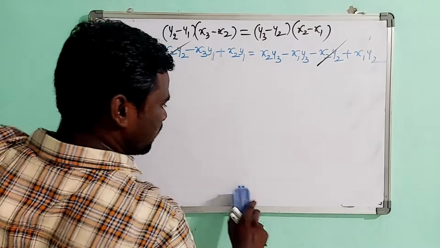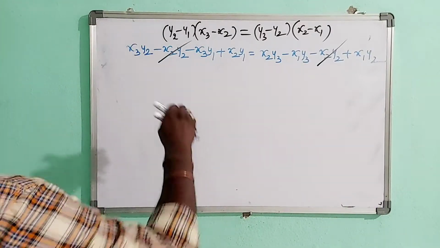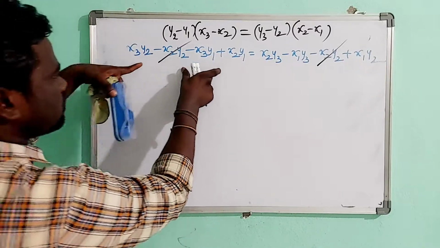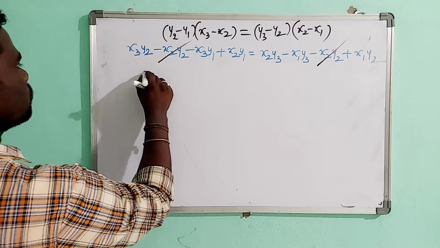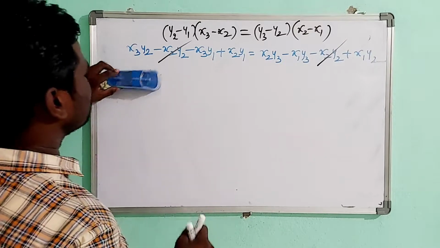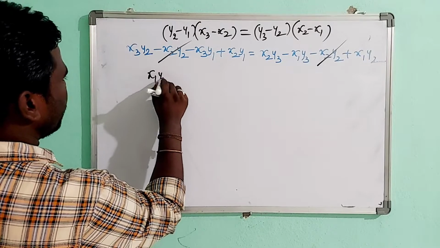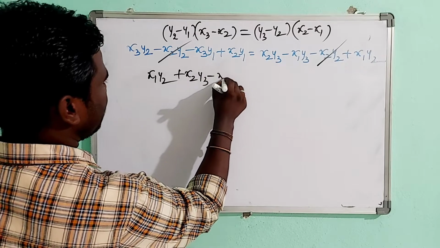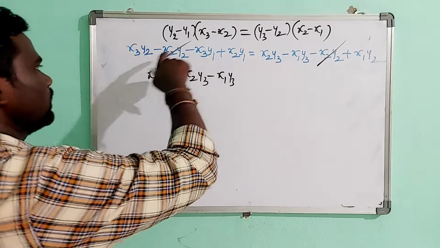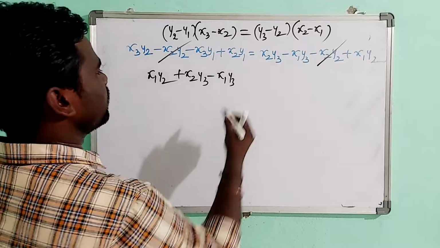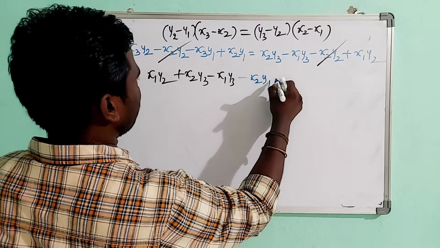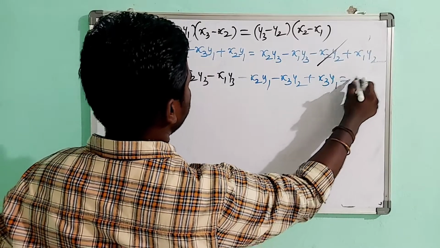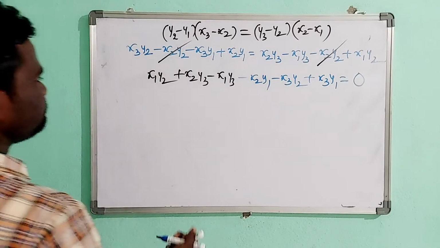So you remember equation 7, that is slopes are equal. Now here, x1 y2. Now send all these LHS terms to the right side. What do we get? What are the values in RHS? Those are x1 y2 again plus x2 y3 minus x1 y3, then these three terms should be sent to the right side: minus x2 y1 minus x3 y2 plus x3 y1 equals what? 0.